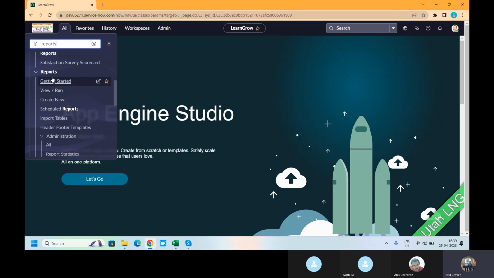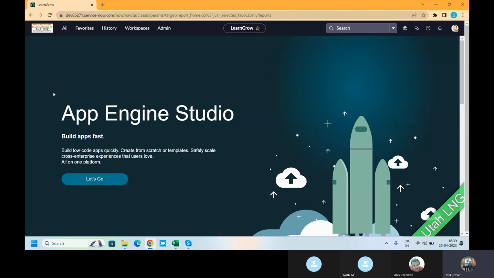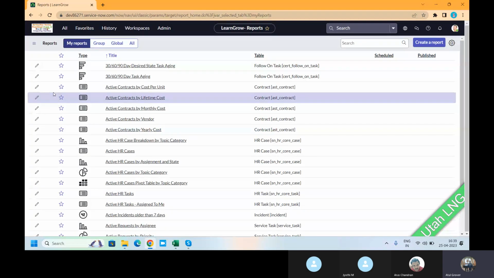Reports, and under reports, I have these things. This is my application and these are my modules. Click on the view and run. Why view and run means, again, if you purchase a new mobile phone, okay, then if